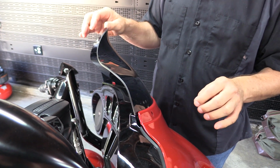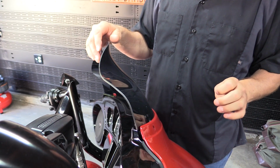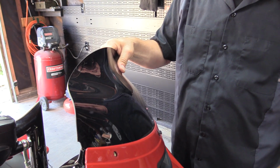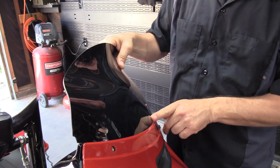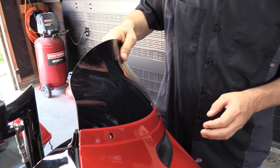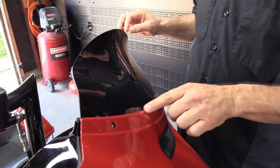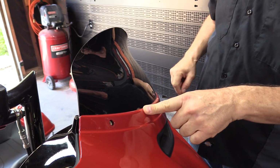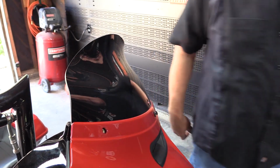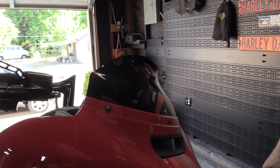But I did want to show you things to be aware of when you get a windshield and start installing it on your motorcycle. All right, so we're going to go ahead and put this in. So I've got to actually push on the front, then the outsides push in on their own. And there you go, it's in. We'll put the bolts in. I'll show you the little bit of buckling that occurs here that you don't get with the stock Harley Davidson windshield. Okay, we got the Clockworks windshield on, and looks great, but as you can see right there, there's a